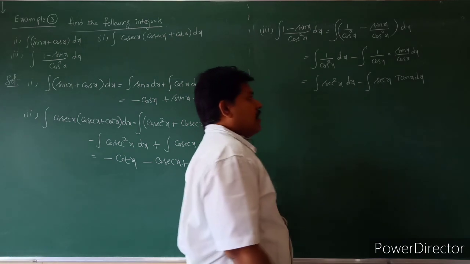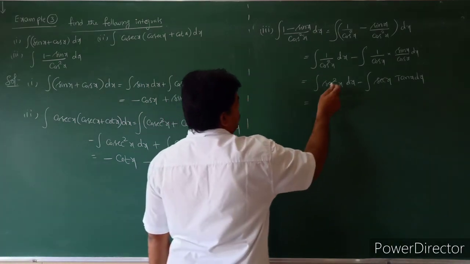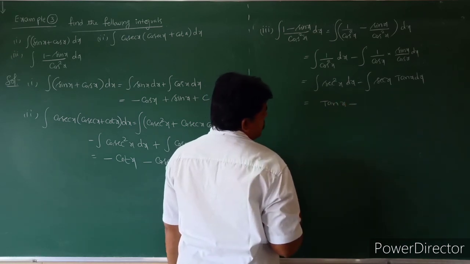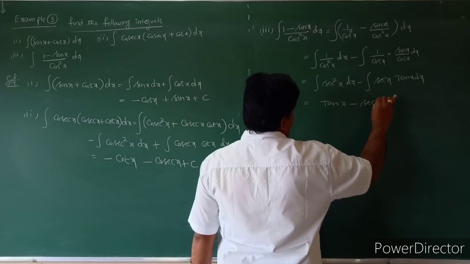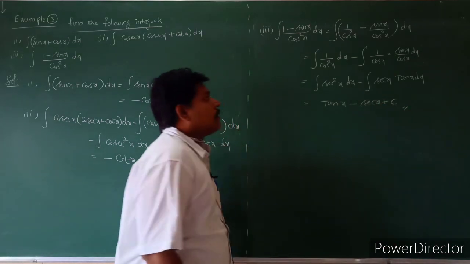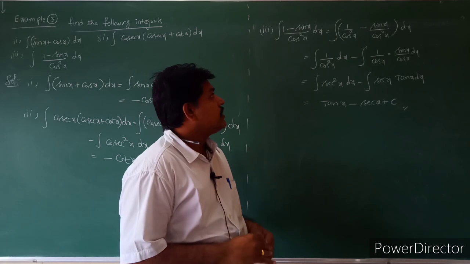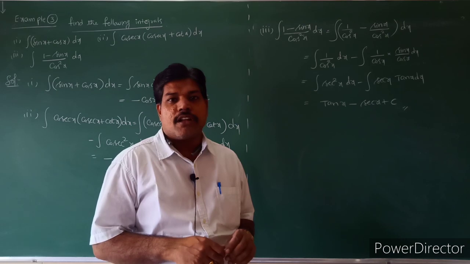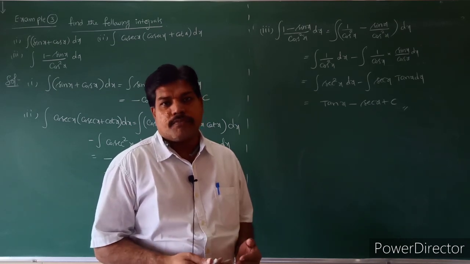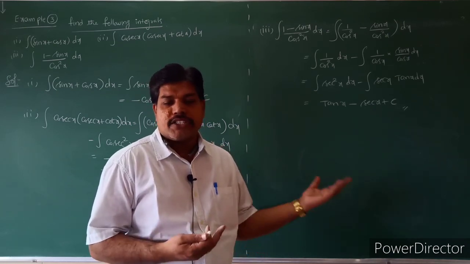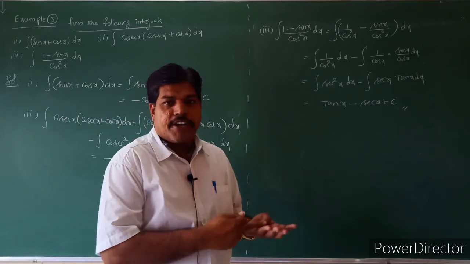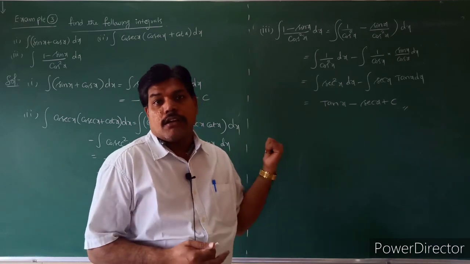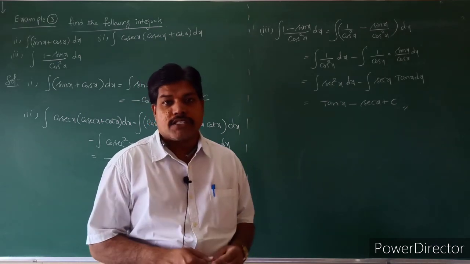Same model question we did in the exercise also. Okay, so integral of secant square x is tan x minus integral of secant x into tan x is secant x plus c. So read that question also, students. See the question, and read those formulas in differentiation and integration a number of times. Why? Because the next topics also depend on it: indefinite integration, definite integration, areas, differential equations, all these are connected with these integrations. So read the formulas carefully.